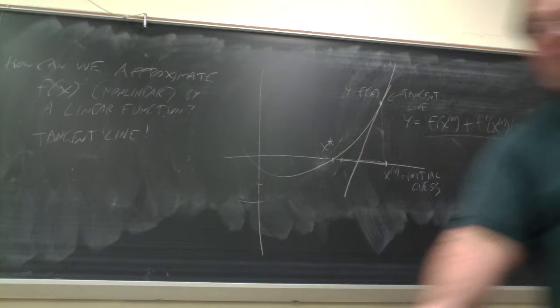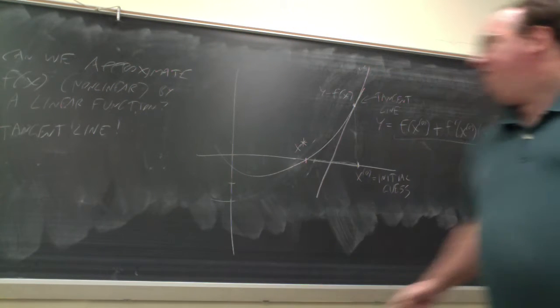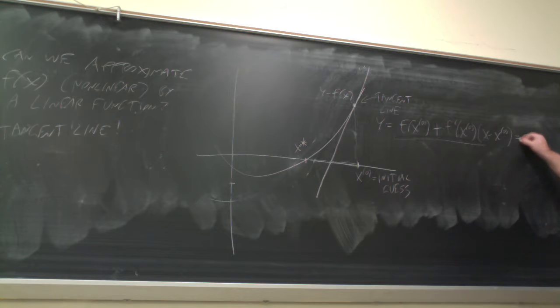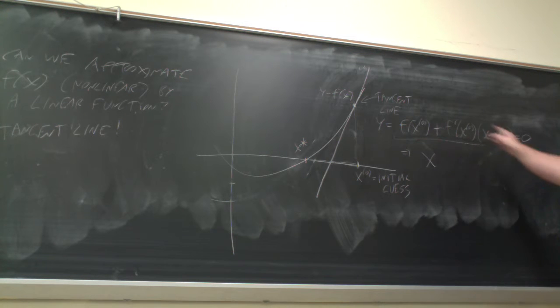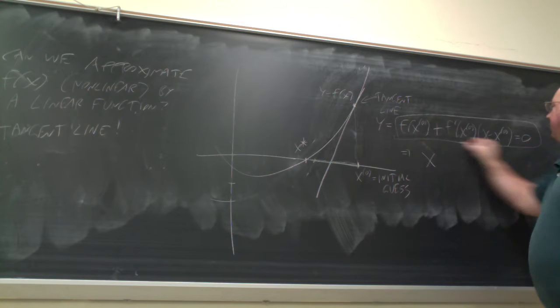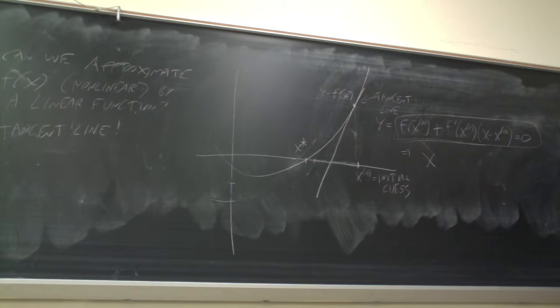But now we need to set this equal to 0. So if I take this equation, set equal to 0, and I solve for x, what would that be? Negative f of x naught divided by